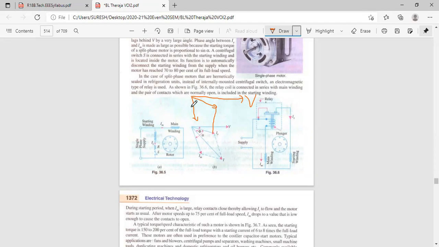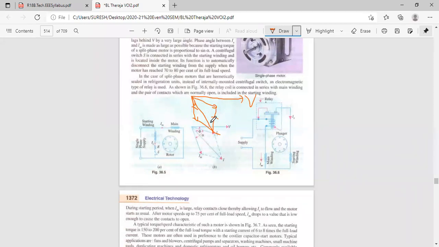See, these two are parallel lines. For IM, I have taken the parallel line from IS. For this line, from where you will take the parallel line? From IM. From IM, take the parallel line. These two lines will intersect at one particular point, this point. This is the intersecting point. Take the diagonal in the parallelogram.